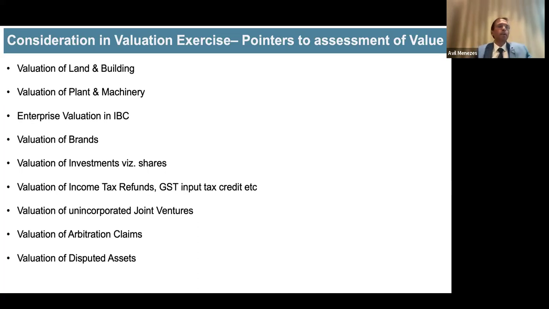Now, coming to enterprise valuation in IBC, in fact, in one of the COCs, one of the COC members asked, why don't you do an enterprise valuation in IBC? So enterprise valuation is quite tricky because that's the value of the equity and the value of the debt. We are talking about insolvent companies. Let's forget a few companies where lenders recovered almost 100%. But for many of the companies, we look at 10, 15, 20, 30, 40%, at best 50, 60% of recoveries.